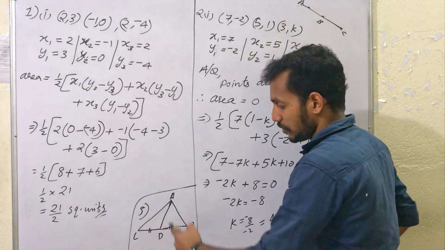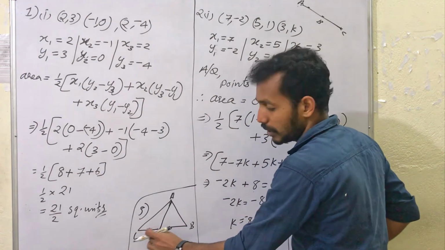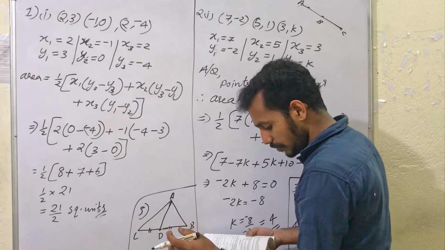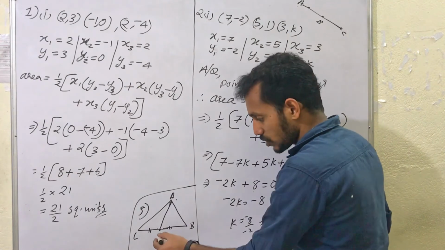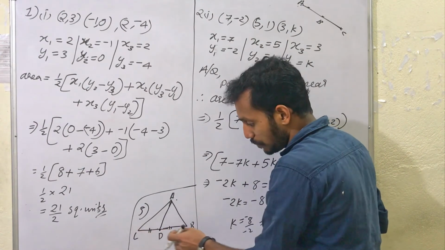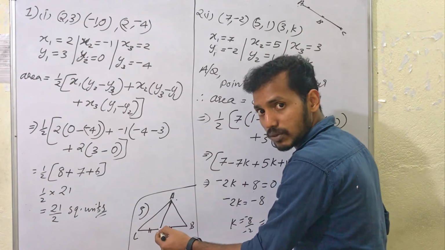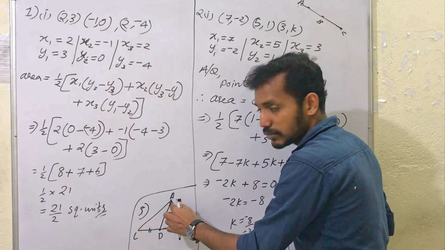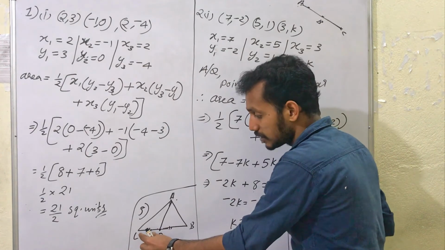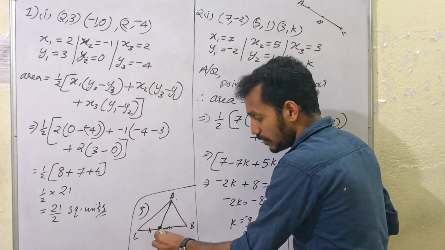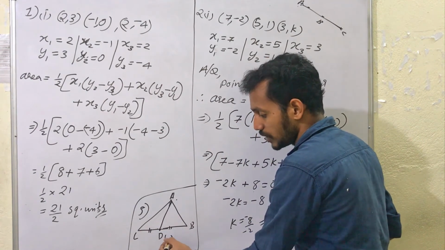So first find the midpoint D by using the midpoint formula. The coordinates of A, B and C are given. So first find the coordinates of D by using the midpoint concept of BC. Because D is the median, what is the concept of a median? A line drawn from the vertex to the opposite side which bisects the base. So D bisects the base, which means D will be the midpoint of BC. So first just find the coordinates of D.